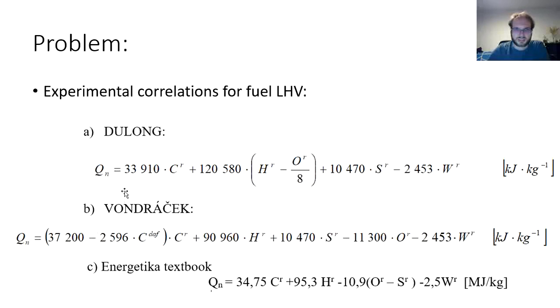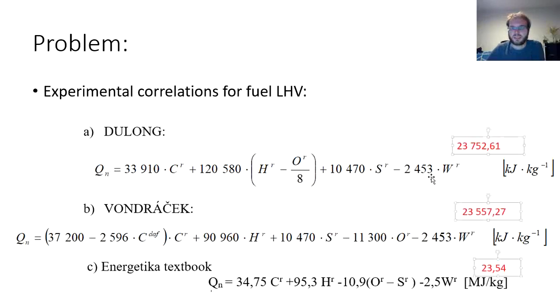And you can see that the experimental correlations are using certain values multiplied by the content of each combustible component, or eventually the content of the water. You cannot see the content of the ash because the ash is just ballast and it does not affect the heating value. So now once you put the values in,